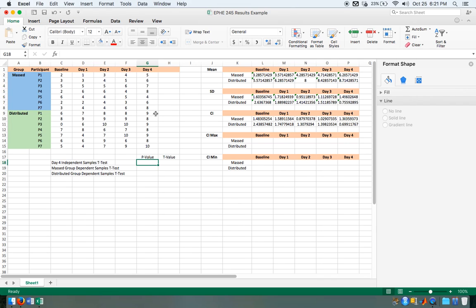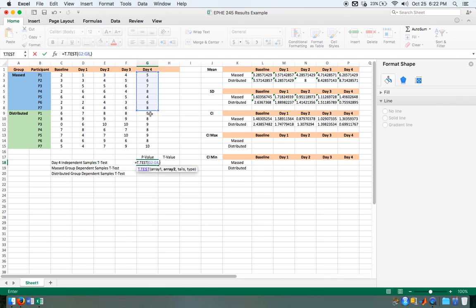So we're going to start with this day 4. So we're going to compare this group to this group on day 4. We're going to hit equals t.test. See, that comes up pretty easily. And that's for 4 different things here. Array 1 is going to be the first group,